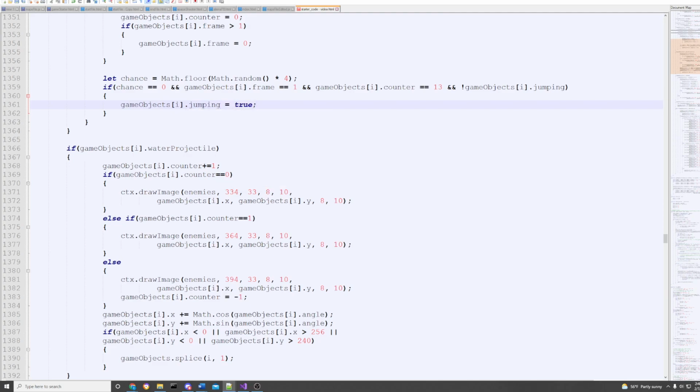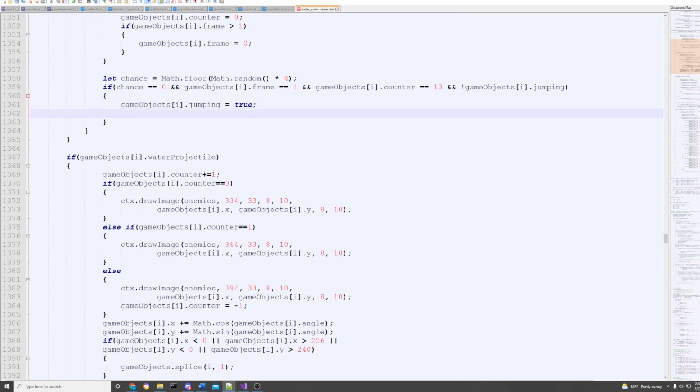Okay, and then we're going to create some variables. We need directions as to where we're jumping and how high and stuff like that. Max height, the fall amount. There's just quite a bit that goes into this jump. So here we're just going to say let xdir for direction equal math.floor